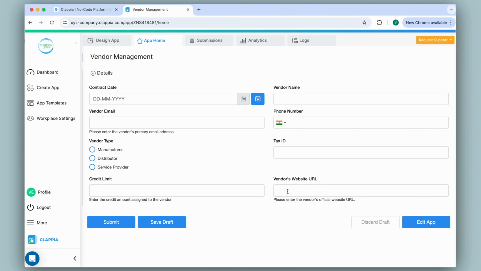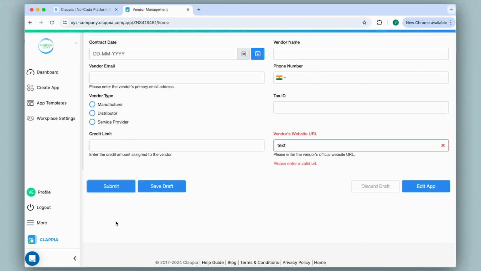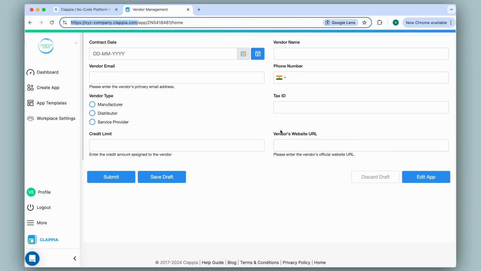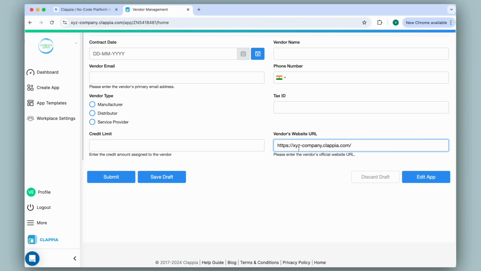If I were to enter any random text and click on Submit, an error message will prompt me to correct it. Only once I input a valid URL, it is ready to be submitted. And this takes in multiple formats such as www or HTTPS or any other valid format. So for example, if I were just to input this URL over here, paste it,